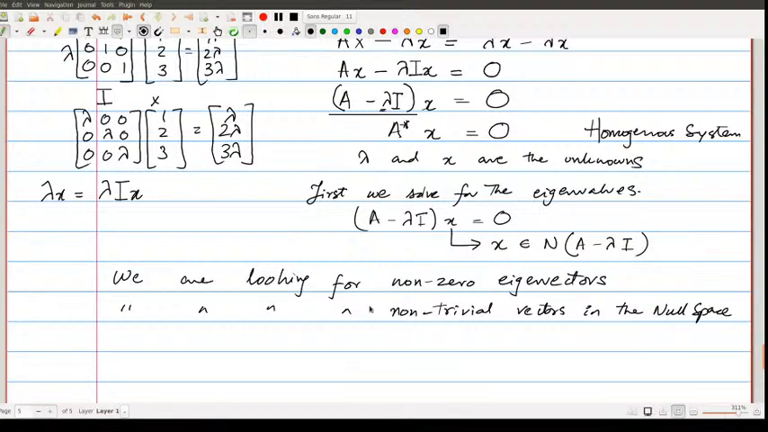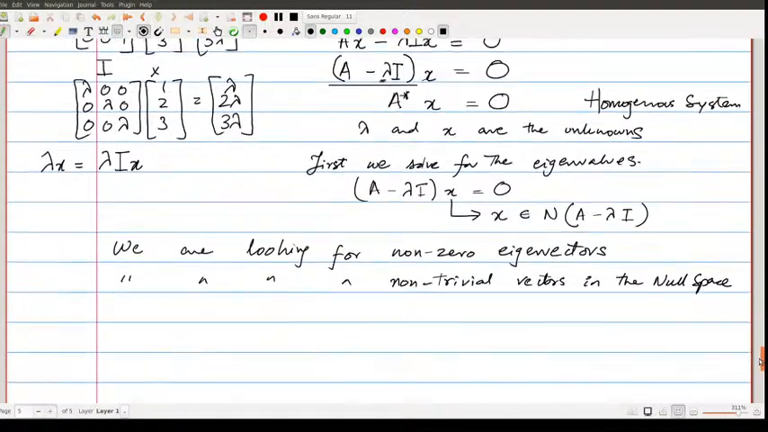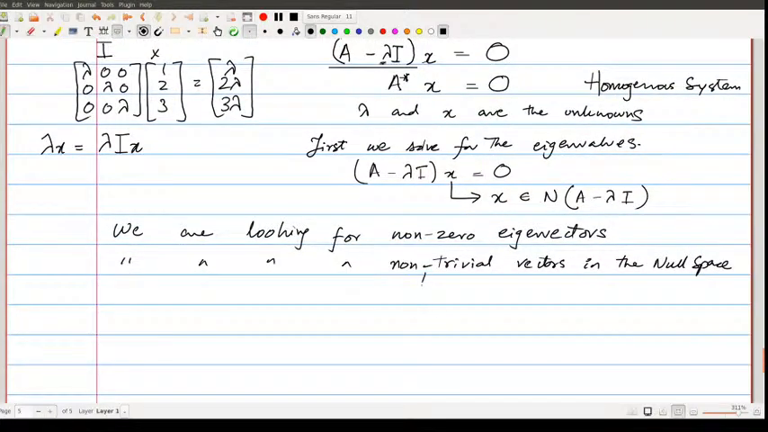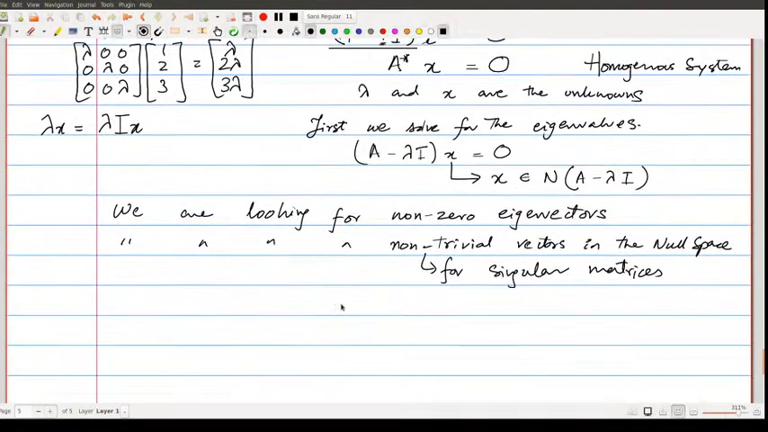So when do we have non-trivial vectors in the null space? That only happens, if you remember, for singular matrices. When matrices are singular, then and only then do we have non-trivial vectors in the null space. Of course, I'm talking about n by n matrices, okay? So what do we do? If I want a non-trivial solution to the null space problem, then A minus lambda I should be singular,